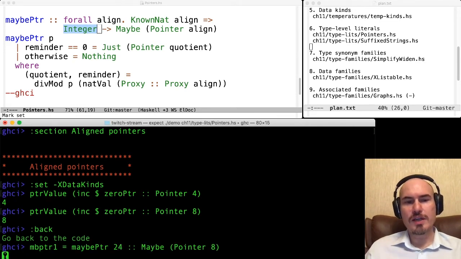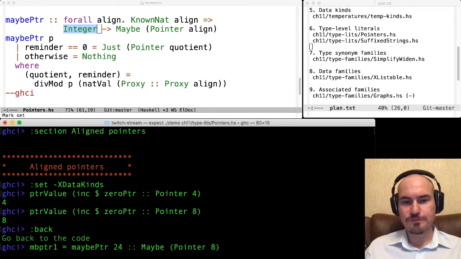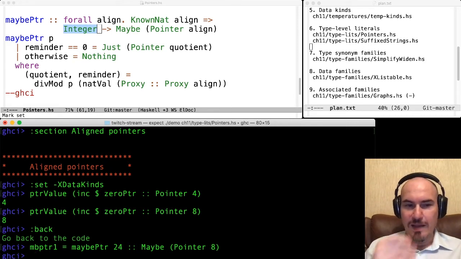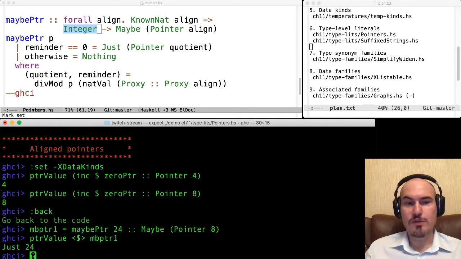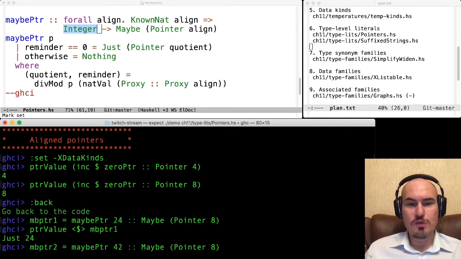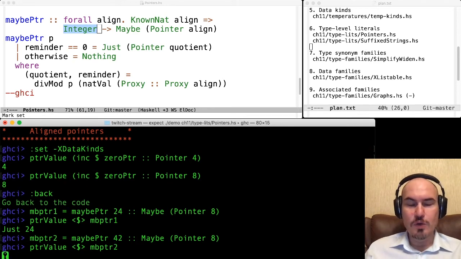So we try to create a pointer from 24, and it's successful. So we ask for a value, and it's just 24 because it is properly aligned. And if it's 42, and again, alignment is 8, it is not properly aligned. So we try to get the pointer value, and we have nothing.